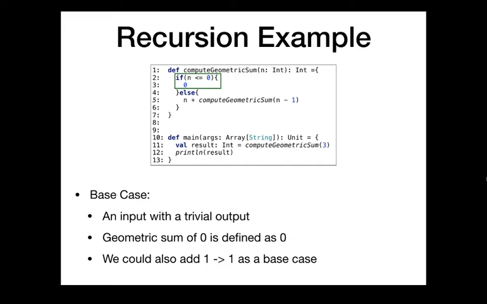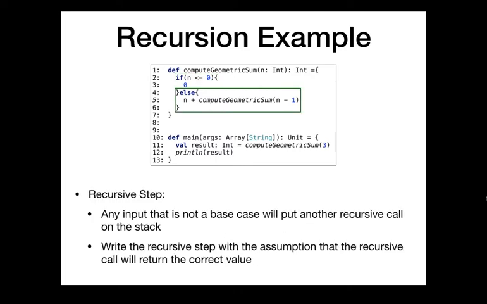But the base case is always going to be trivial input. On what input do you just absolutely know the answer in such a way that it can't be wrong? It usually just returns a value directly. Something that cannot be wrong, or at least shouldn't be wrong, should be very easy to verify. If we didn't hit the base case, then we hit the recursive step. So anything that's not a base case is going to result in at least one recursive call. So if we hit the base case, good, just return the trivial answer. If the answer is not trivial, we're going to make a recursive call,